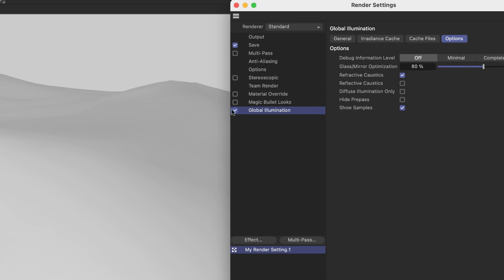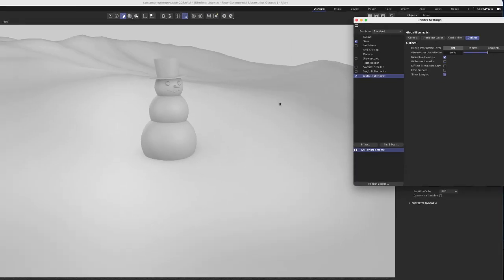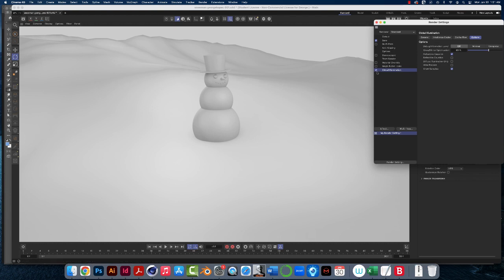And as a tip, whenever we're rendering stuff and we want to get a quick render, you can disable global illumination just to get a quick render to see what you got. But for now, let's just leave it